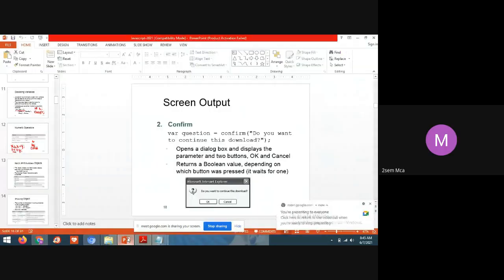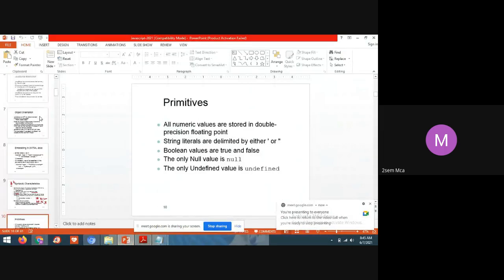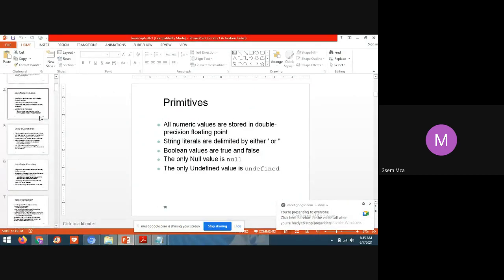Yes, students, in the last class we were seeing the basics of JavaScript and some of the data types, how we use them in JavaScript. Those we were seeing in the last class. And before I move on to the next concept,